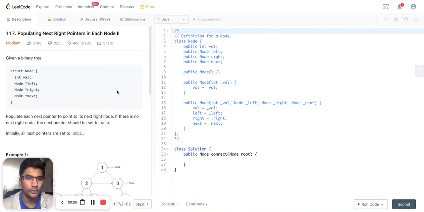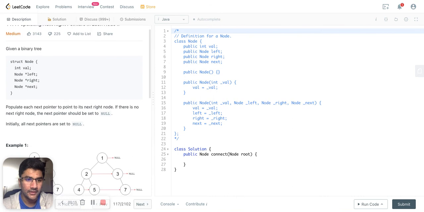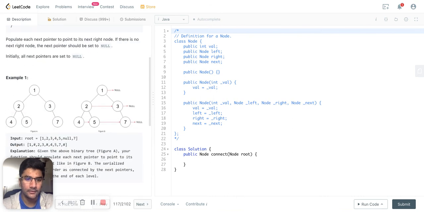Today we are going to look at LeetCode problem 117, Populating Next Right Pointers in Each Node. Basically, it is asking us to link all the nodes in the same level, from left to right. We have to link those things. For example, in this example, let's say